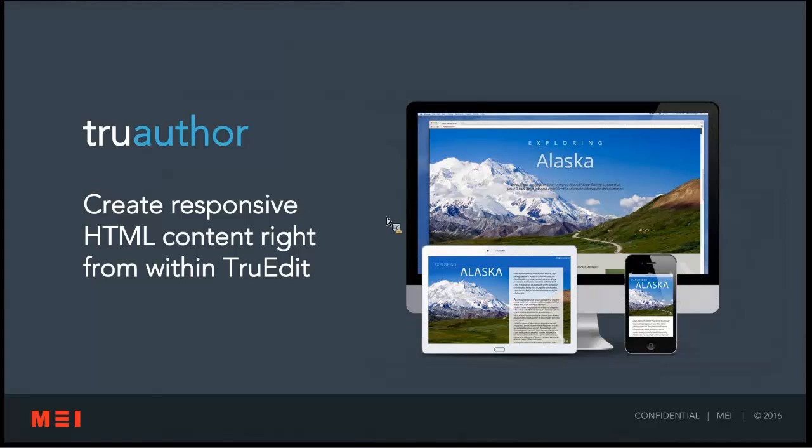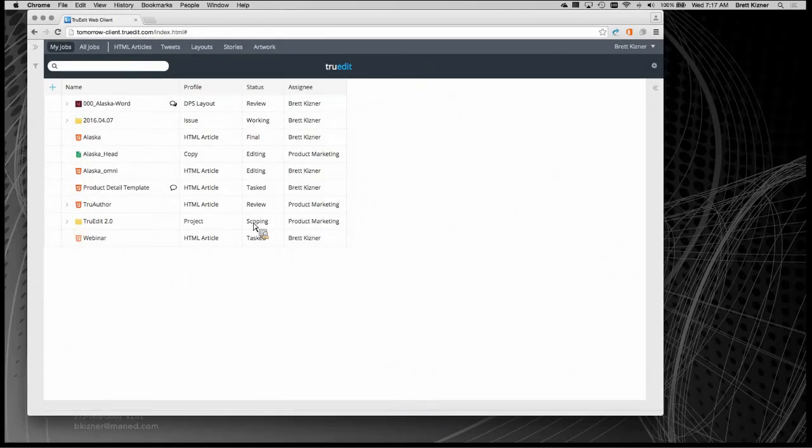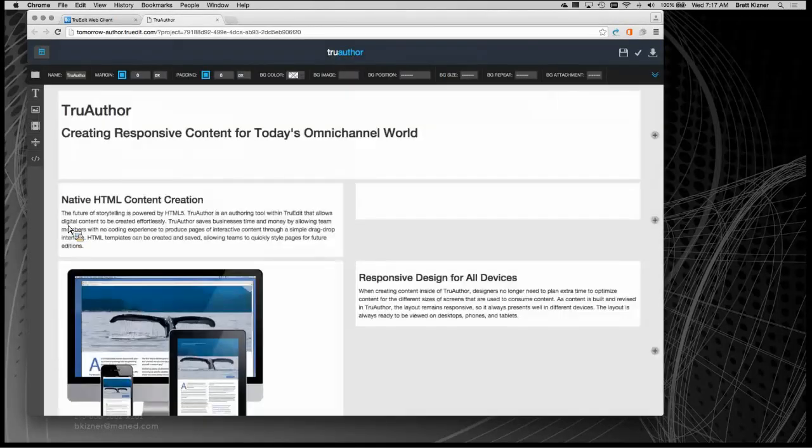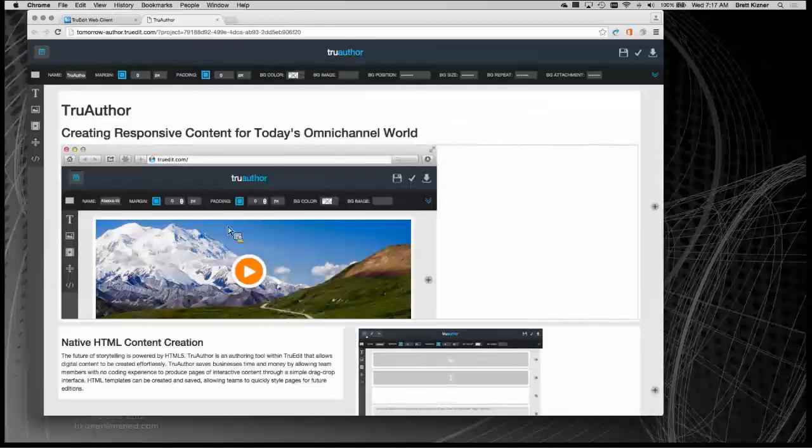Going back over to the web client, we'll just hop into the administrator really quickly, just to give you a brief overview there. And you can see within the admin, here's where I can manage all of my users, all of my metadata, my workflows, the steps that are in them, where content can go in each step of our workflow, as well as the organizational structure, what we refer to as the hierarchy.